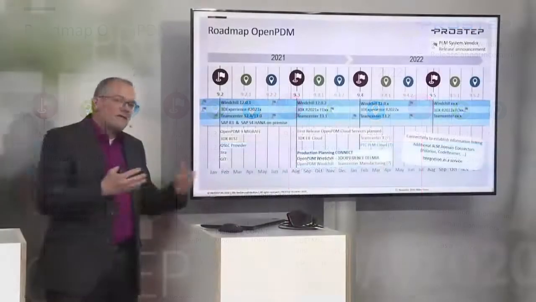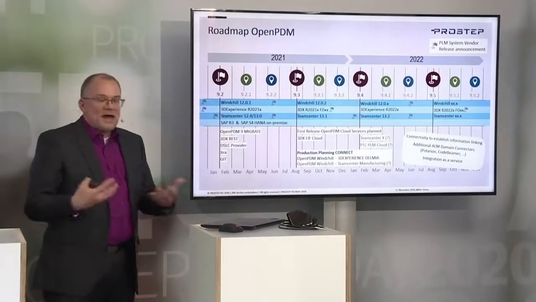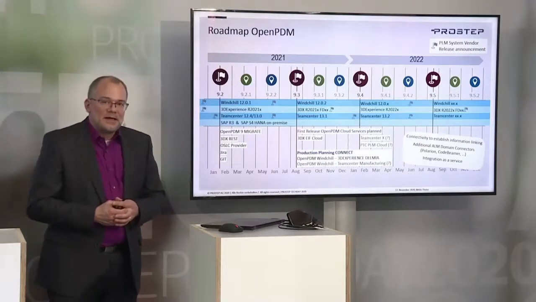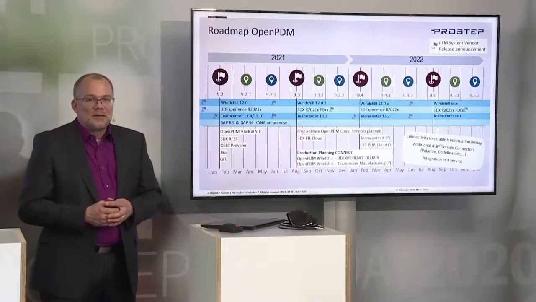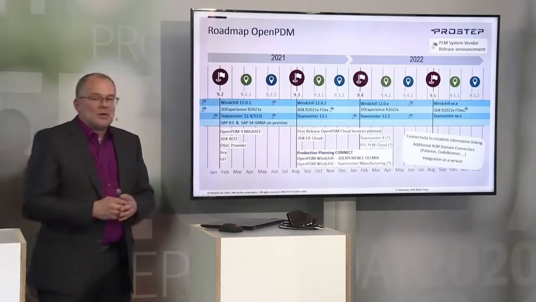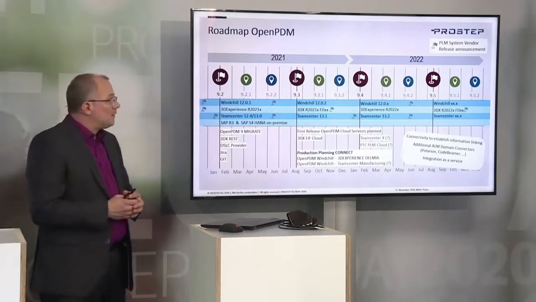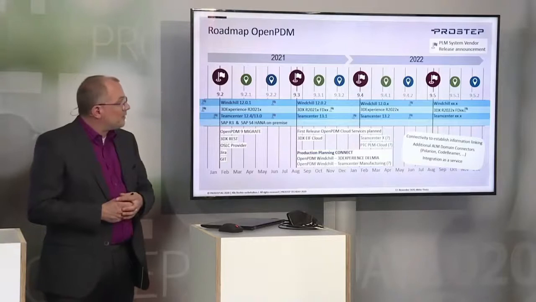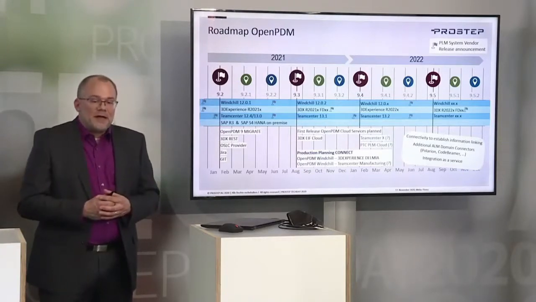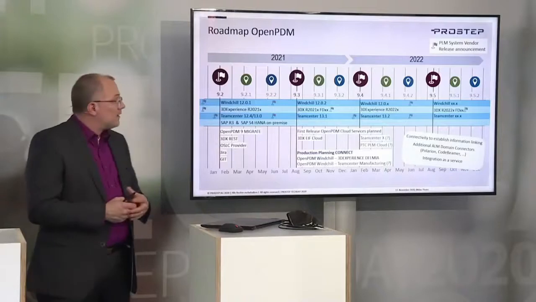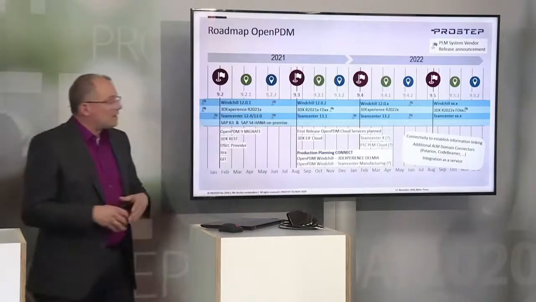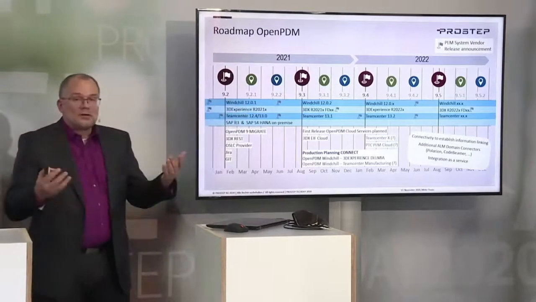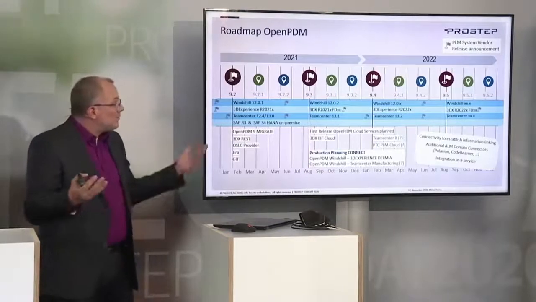OpenPDM 8, now at the beginning, OpenPDM 9, we're used to have one release per year, in between of course patches and system extensions, but we only have one big release in April really. But this year with OpenPDM 8.7, the last time a large OpenPDM 8 release, now we're going to switch to a twice annually release rhythm in February and August, in between feature packs and bug fixes. That's important, of course.